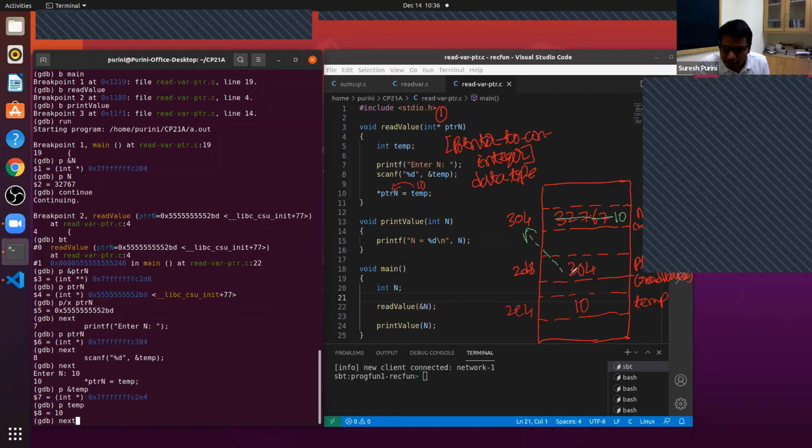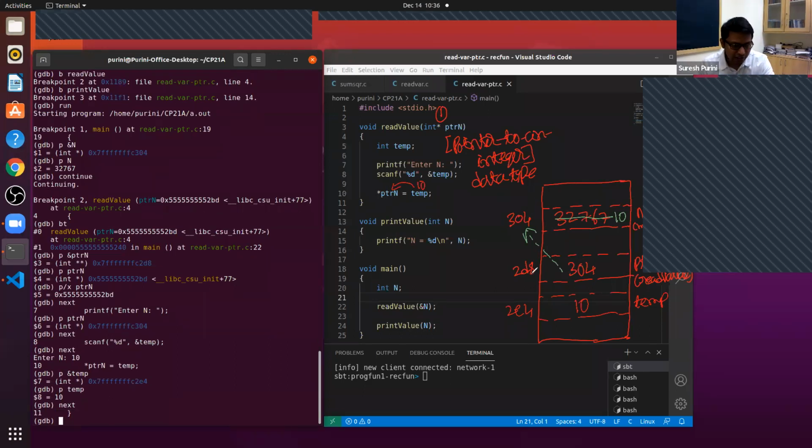So whatever address is present in PTRN, it goes to that address and updates it there. So this is equivalent to star 304. Star 304 means go to the address 304 and update. So now let's do next.